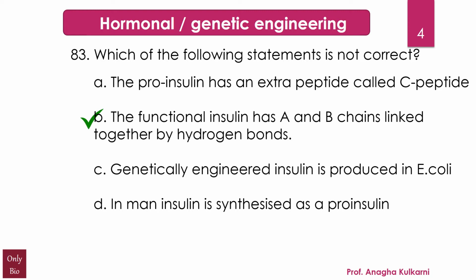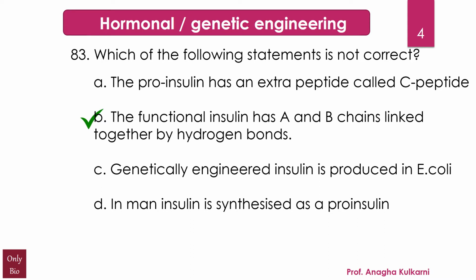So this releases a fragment called the C-peptide, and once the C-peptide is released, we are left with two chains, A and B, which are linked by disulfide bonds. So the C-peptide chain is the central portion of proinsulin, and the primary sequence of proinsulin goes in the order B, C, A, which means the B and the A chains are connected via C. Please remember, the B and A chains were identified on the basis of mass, and the C-peptide chain